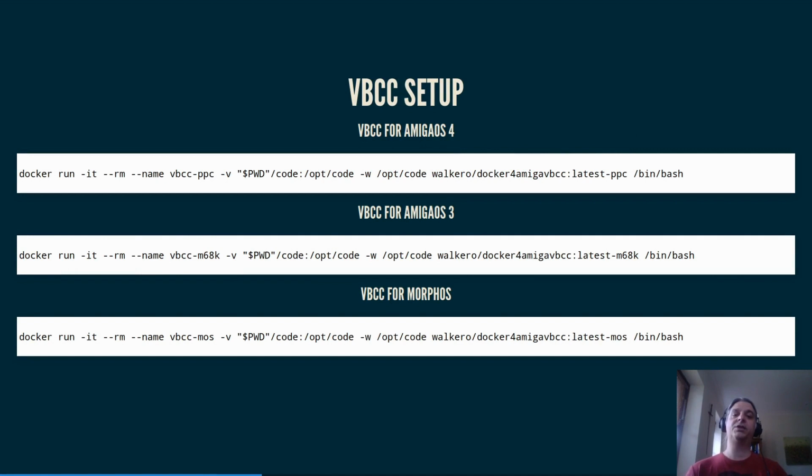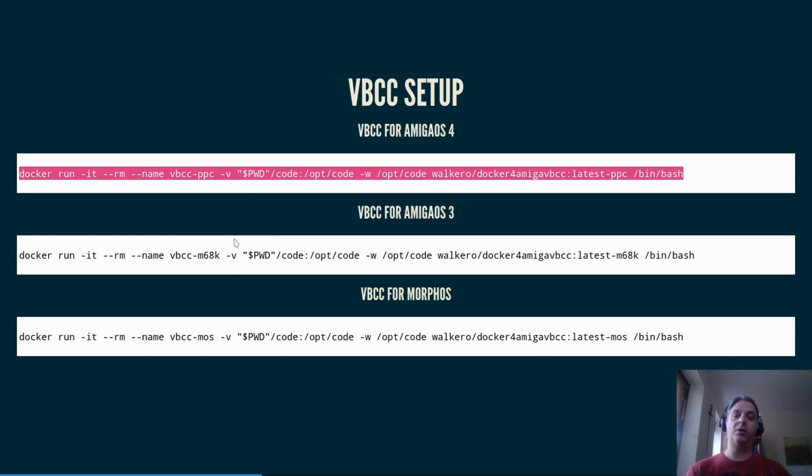And as soon as we install that on our machine, let's see how we can bring VBCC for AmigaOS 4 or for the rest of CPUs and operating systems for our system. In case you want to install VBCC for AmigaOS, the only thing that you have to do is to run this line on your terminal. What it does is